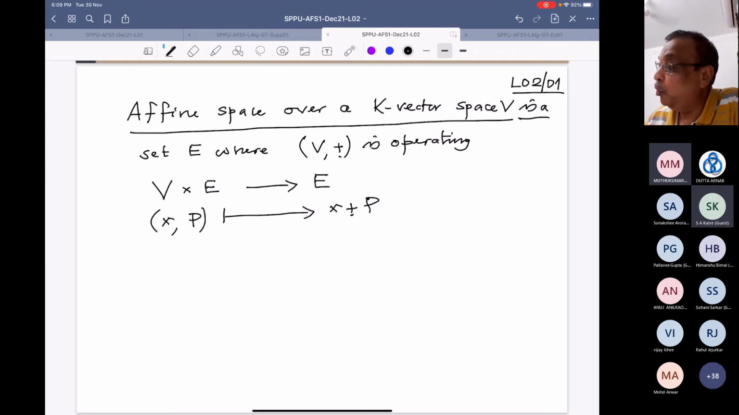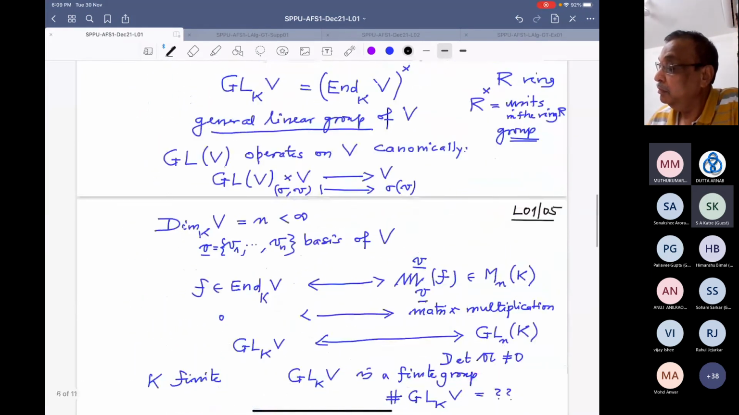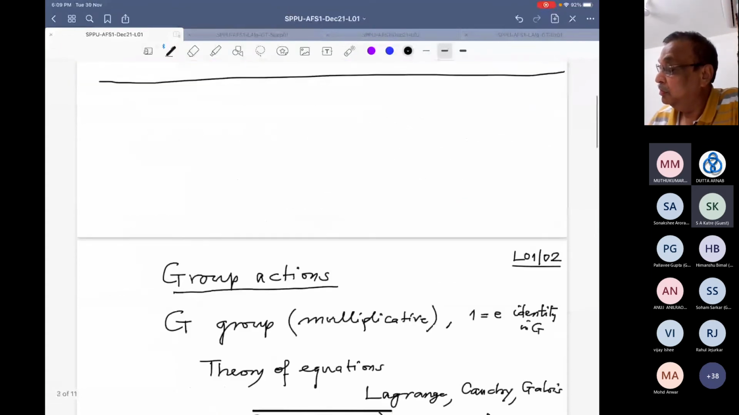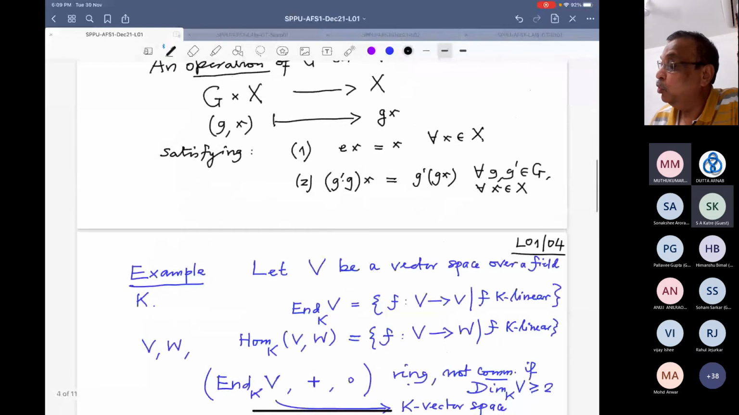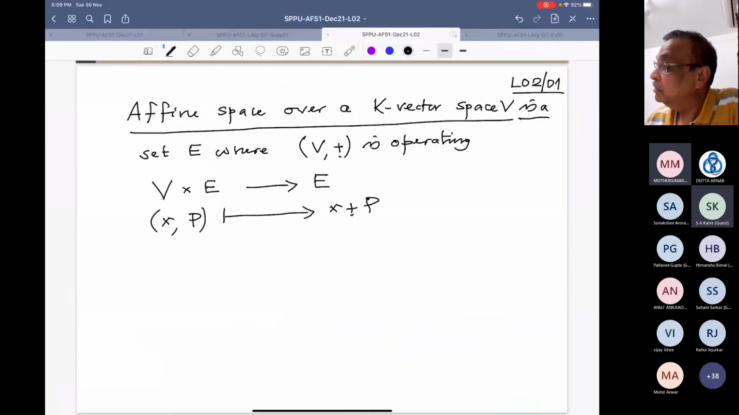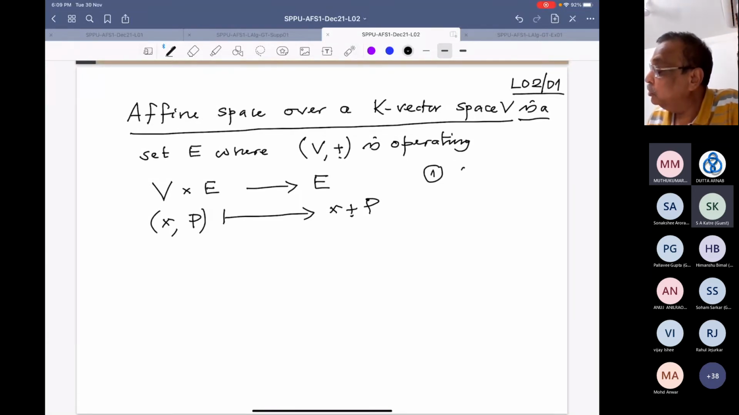If you see our definition of group operation, see what should it satisfy? 1 and 2. So first of all, this notation, that is that plus, and then it should satisfy 2 conditions. 1, 0 plus p equals p for every p in E. And second,